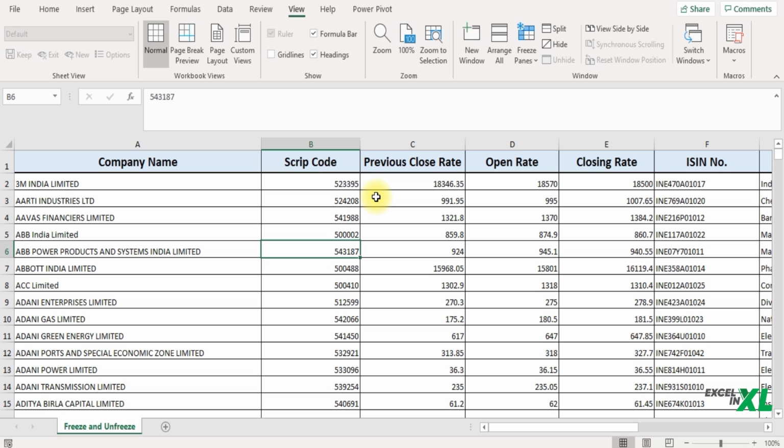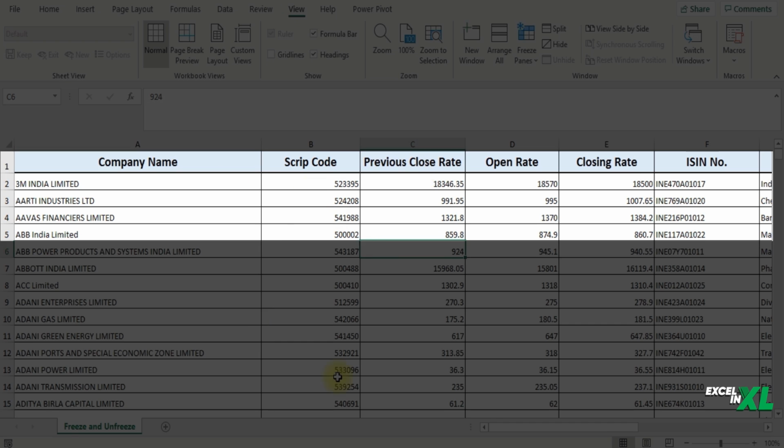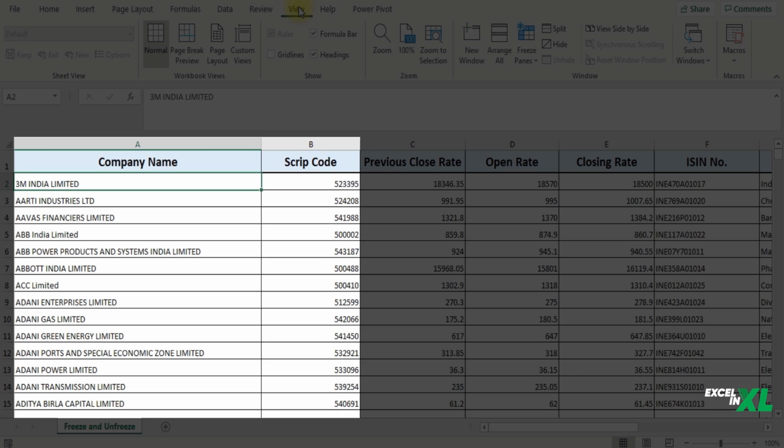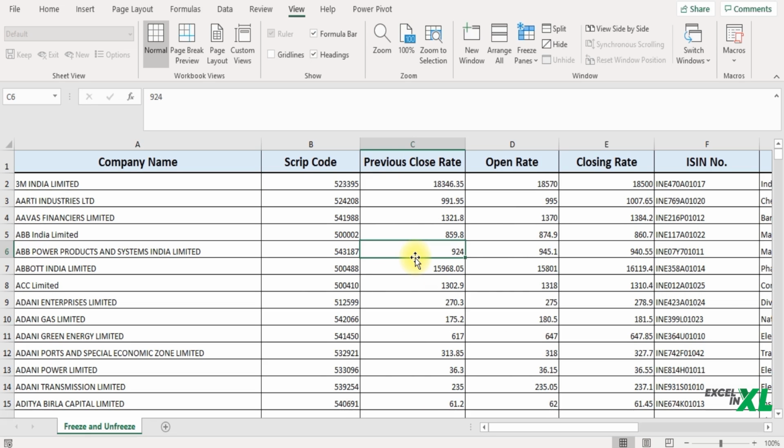Similarly, if you want to freeze the first 2 columns, then you need to select a cell that is after those 2 columns. Since I want to freeze the first 5 rows, I have selected the 6th row, and since I want to freeze the first 2 columns, I have selected the next column, that is the C column.